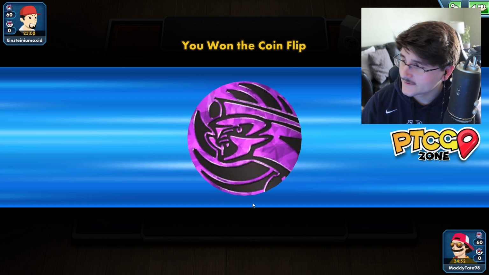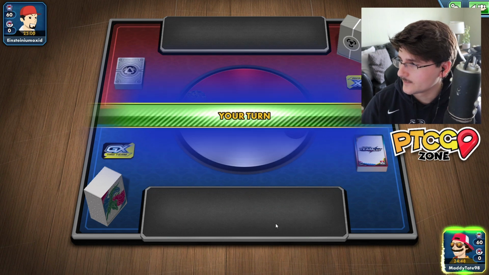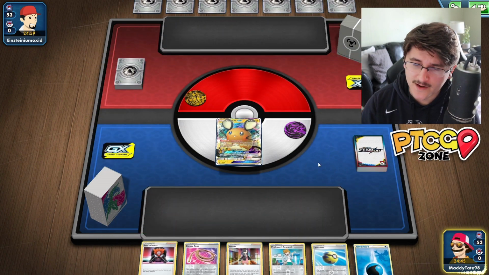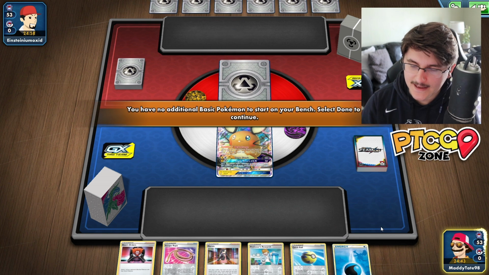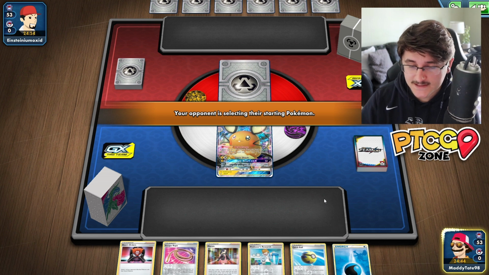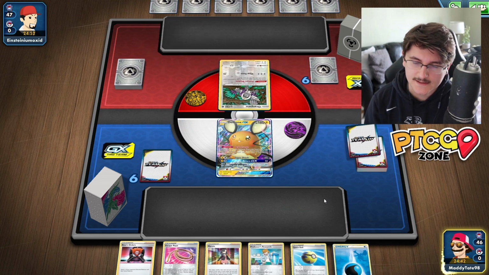Typically with ADP, we like to go first. We don't want to attach the water in case we're playing against a deck with Hammer, something like E-Turn or Pikarom. Looks like we're playing another Metal deck. Could be another ADP. Could be a Luke Metal. Either way, we're starting with the Dedenne, which is never that great, but we do have a Quick Ball in hand, and we have a Water Energy, some draw support. But I think that what we're probably going to do, realistically, is...